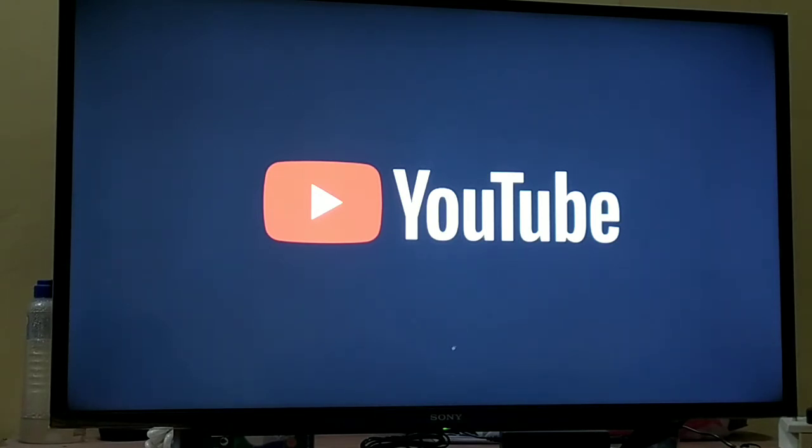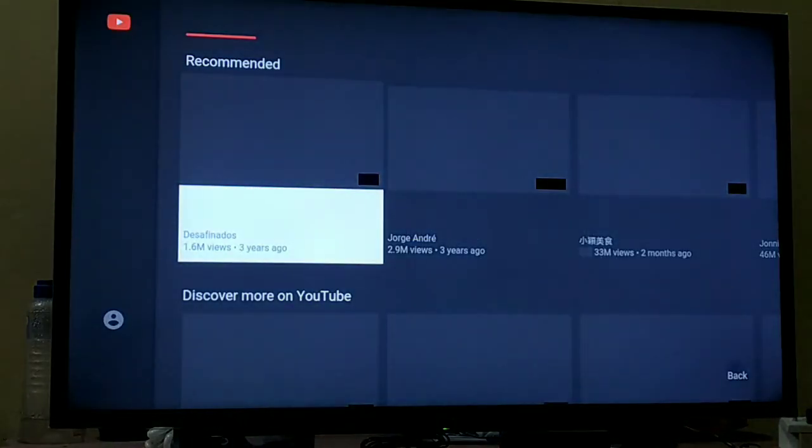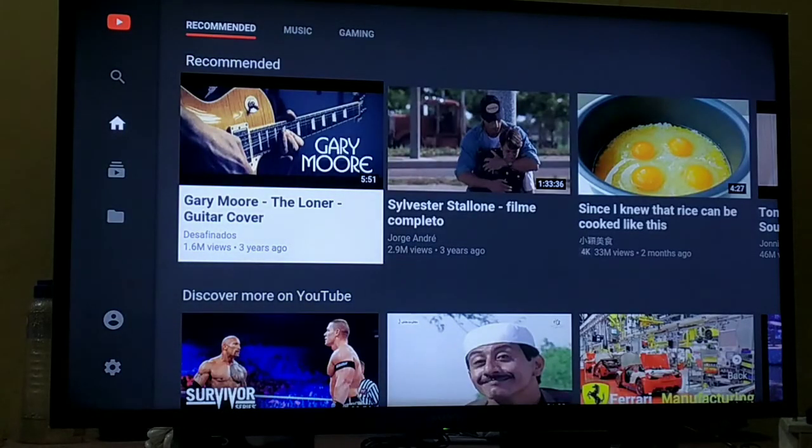It will take some time to catch my mobile network connection to my smart TV. Okay, that is what is processing. Yes, it's finally connected now.